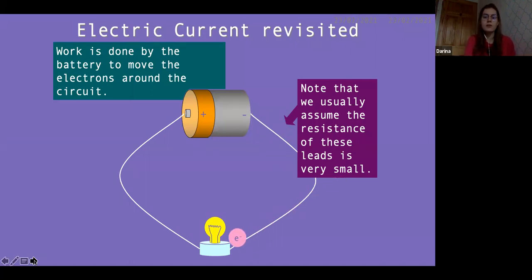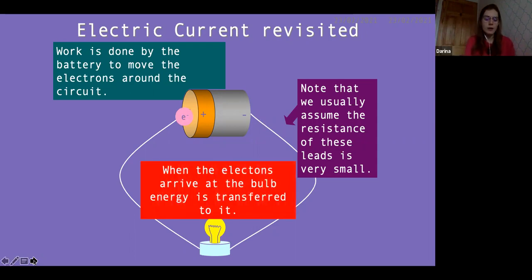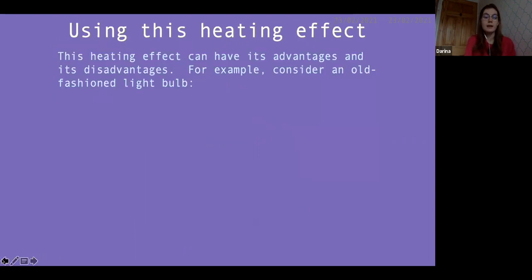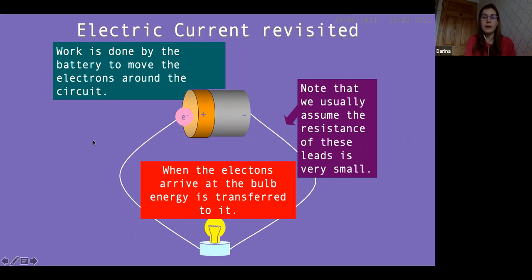Okay, then the electron goes to the lamp, and here the electron arrives at the lamp and transfers its energy to the lamp and then goes back to the battery, where again it loads up with energy and keeps going around the circuit. Does anyone have any questions so far? So when the electron arrives at the bulb, energy is transferred to the light bulb, and then comes back to the battery and is loaded up with energy again. Does anyone have any questions about that? If you're typing that out, I will answer it in just a sec, but I'm just going to move on